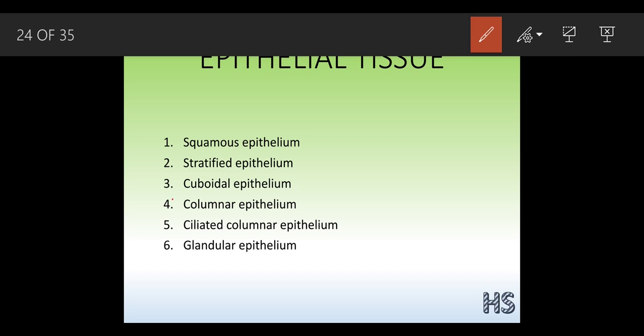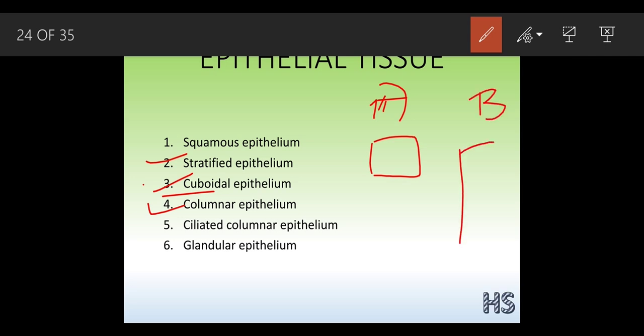Now the word cuboidal. Okay, it's a mathematical term also, cuboidal. Okay, cuboidal means like this. Okay, there is a difference between the words cuboidal and columnar. If you look, cuboidal is this shape. Suppose I name it A, this is cuboidal, and suppose I name it B, this is nothing but the columnar. Okay, inside this the nucleus is present in both of those tissues. See, if you look, you will notice that part.